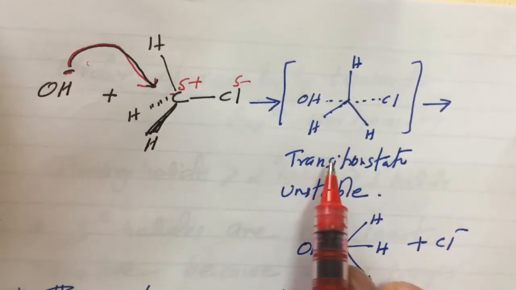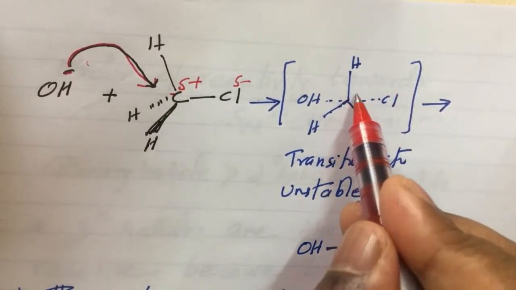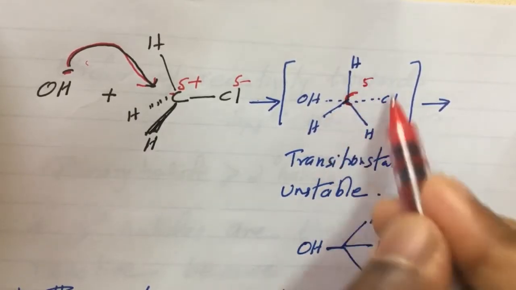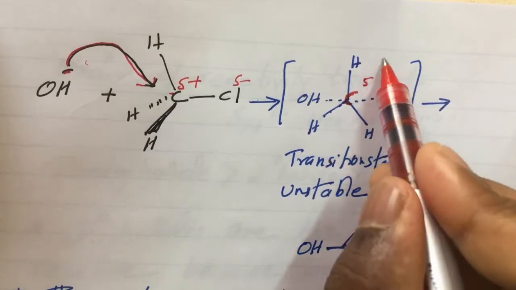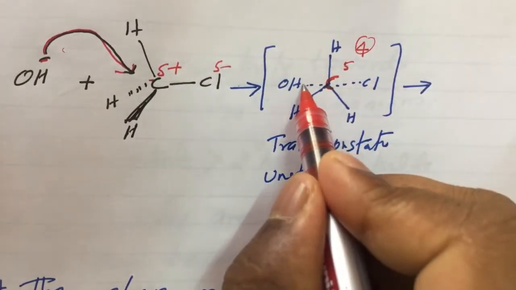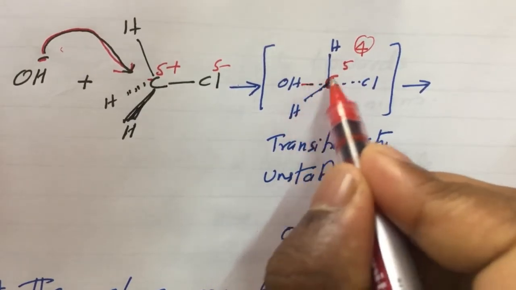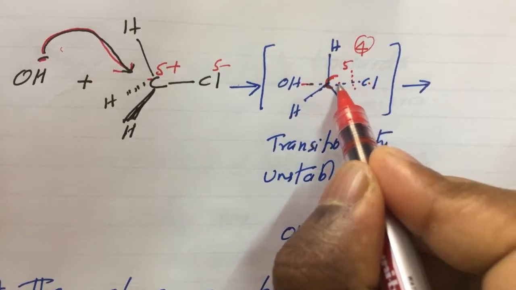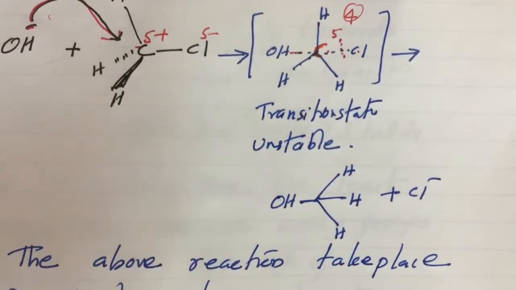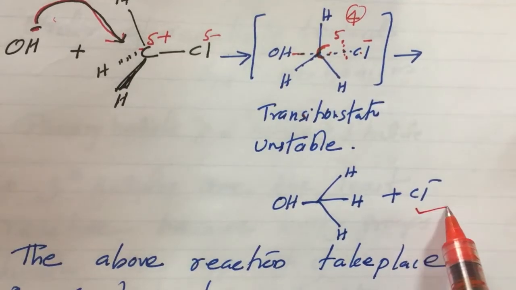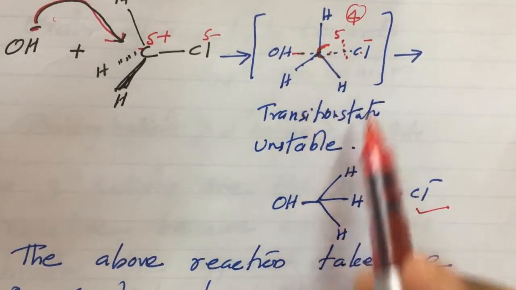Then it forms a transition state. In the transition state, the carbon has 5 valency. But we know 4 is stable. So for getting stability, this bond becomes strong, but this bond becomes weak, and finally the C-Cl bond will break. Then the Cl negative nucleophile will leave from the compound. Then it forms the final product,